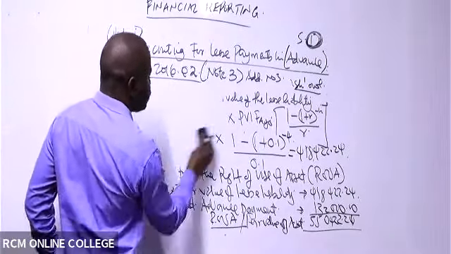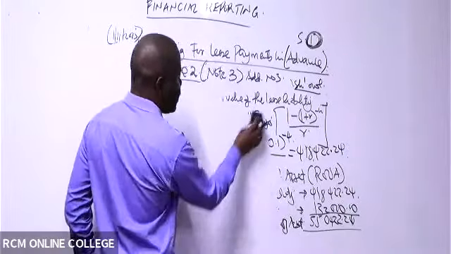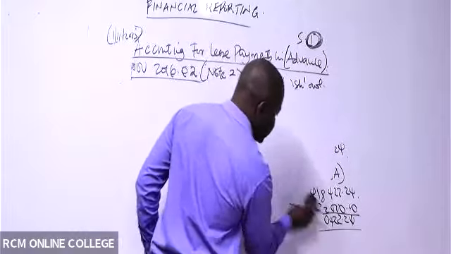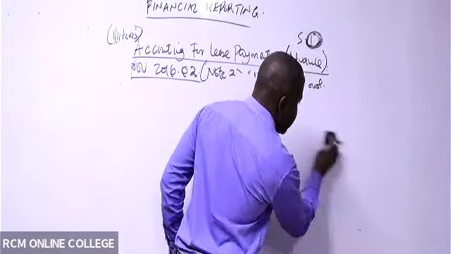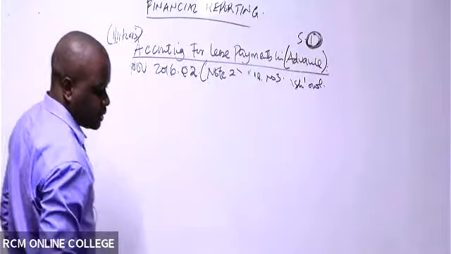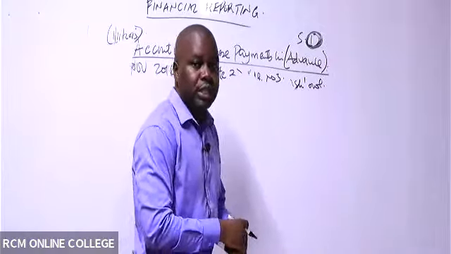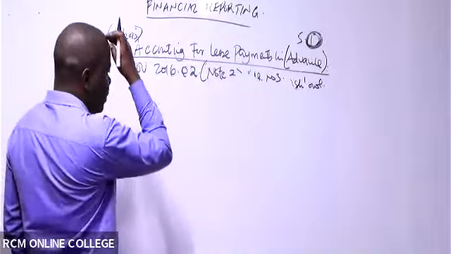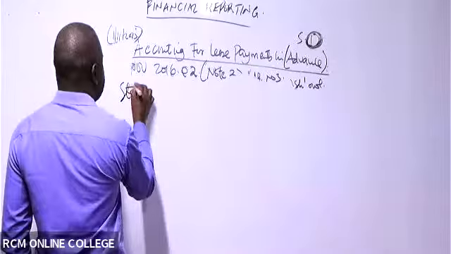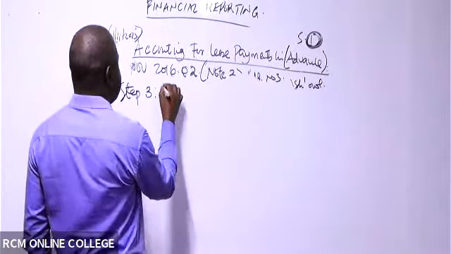Step number 3, I told you, you are supposed to calculate the depreciation on the right of use of the asset, or on the value of the asset. Depreciation on the right of use of the asset. So what will happen here? Go to step number 3. You'll have to compute the depreciation